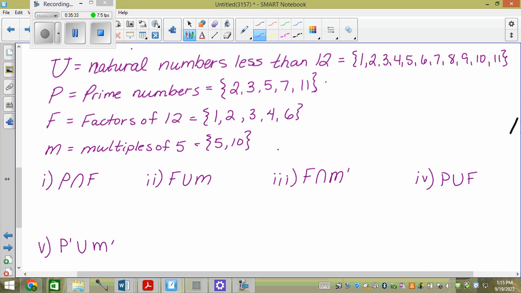So, is this intersection or union? Intersection. I'll give you a formula sheet tomorrow so you'll be able to look anyways, but it's right up here. Intersection and union, right? So that's an intersection. And it makes the word what? The word "and." If I try and write the word out, I can write the word "and" with it. So I want what's in P and F. So I would have an equal sign and a squiggly bracket because I'm stating the set of. If it had a little n in front of it, or it said the number of elements in, that would